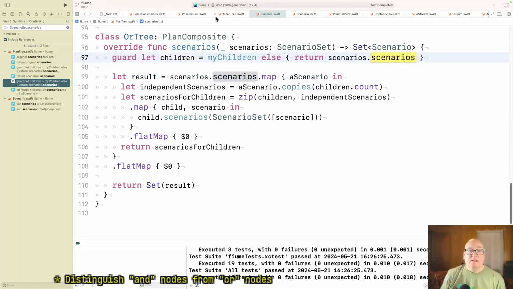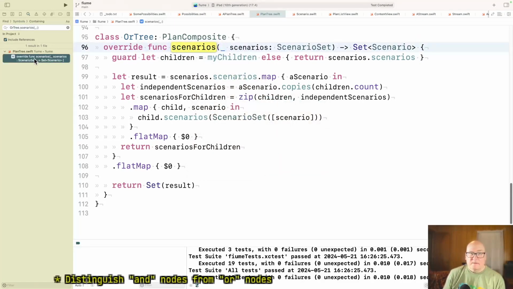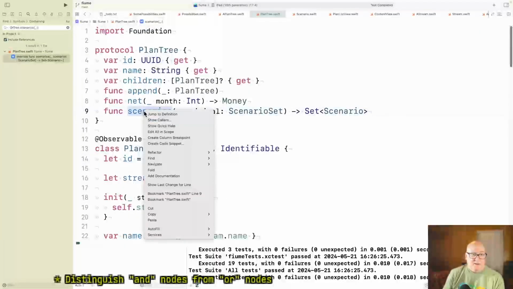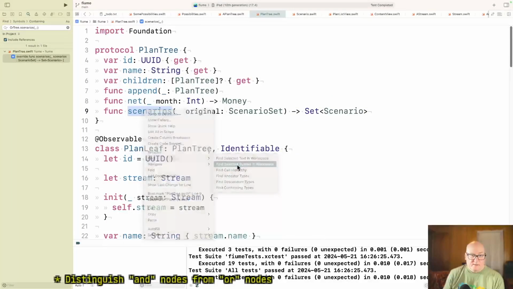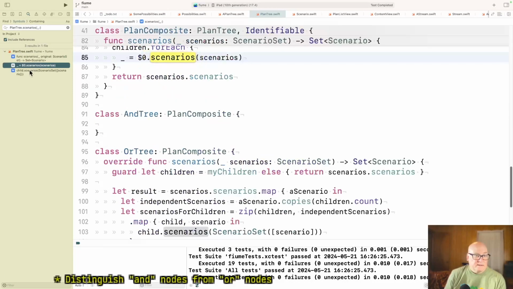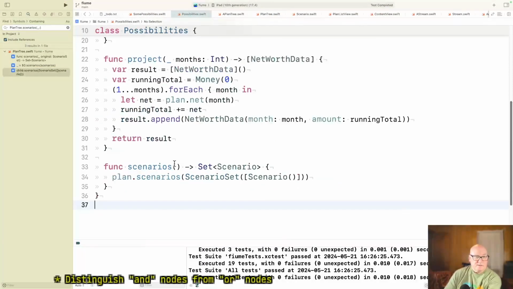Oh, same function. Okay. So I think who calls this? You want me to ask the protocol? Who calls that? Not a lot. No, that's not the only one because possibilities does. Find out scenarios. There's ScenarioSet.